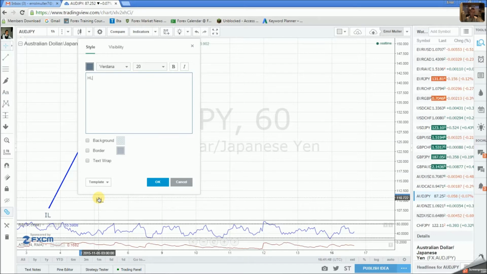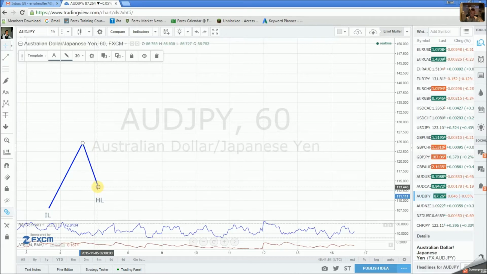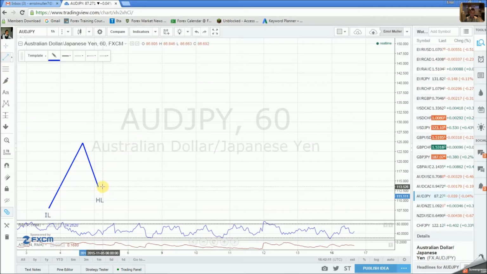Now I will explain to you why I call it a higher low. The reason I call it a higher low is this low is higher than this low, so that's why I call it a higher low. As you guys can see, this low is higher than this initial low here, and then like I said, this will be a trend continuation trade in a bullish direction. So then we will get another